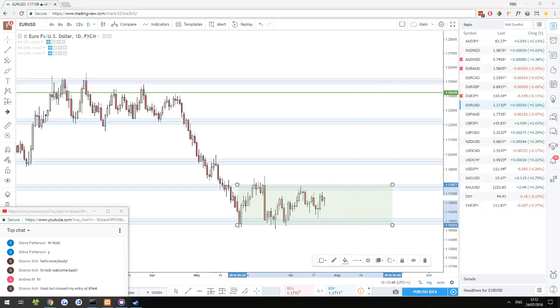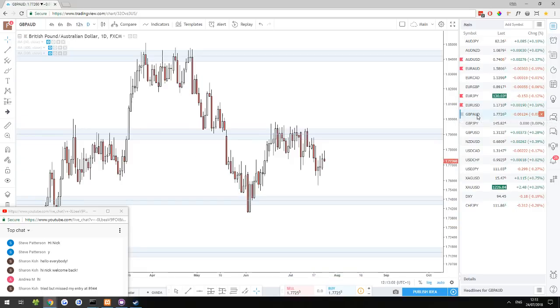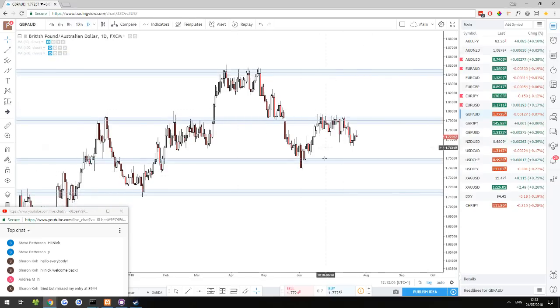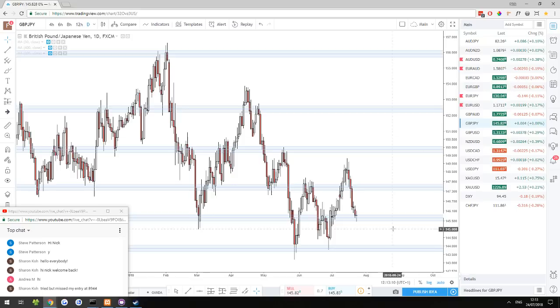But it is a messy range. It's even messier than AUDUSD, really. And it does seem to be wanting to stall out in the middle here. So, I mean, this one's going to be tricky. But we're going to keep an eye on it anyway, because why not? GBPAUD, nothing much going on here, guys. Just in between support and resistance. Yeah, let's just skip to something else.